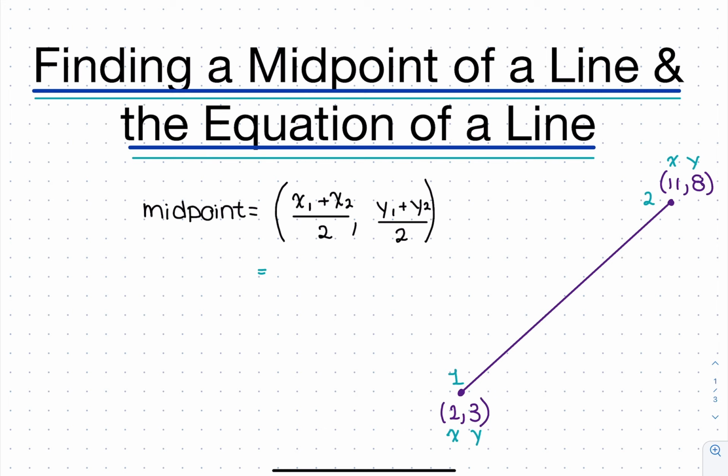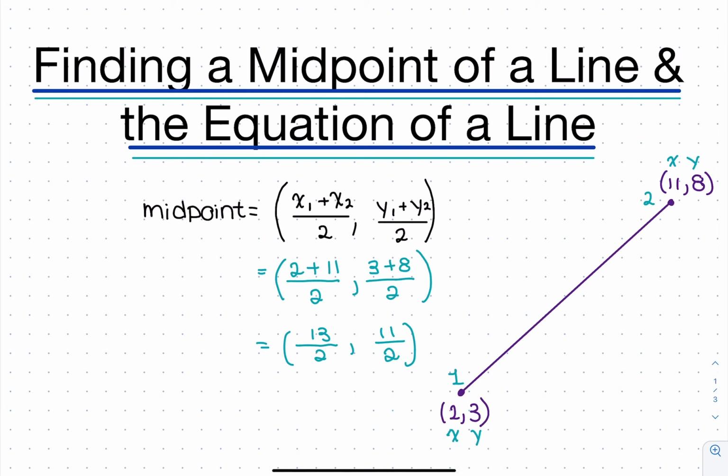So we have x1, which in this case is 2, plus x2, which is 11, and it's divided by 2, and then we have y1, which was 3, plus y2, which is 8, also divided by 2, and then go ahead and add the tops. So 2 plus 11 is 13, 3 plus 8 is 11,